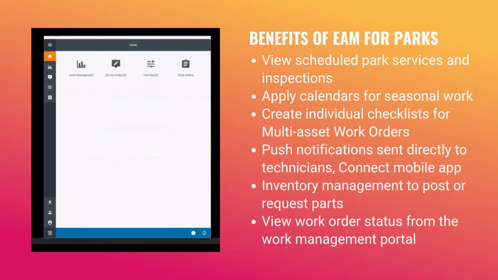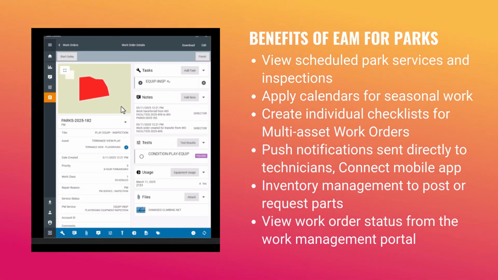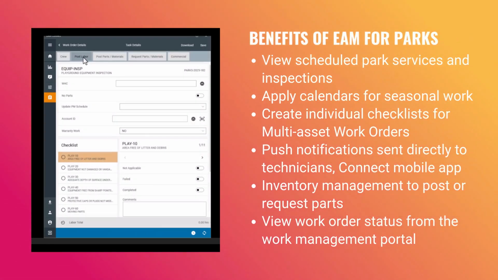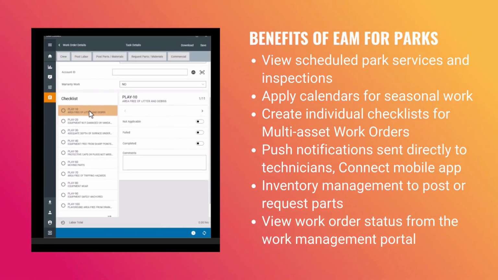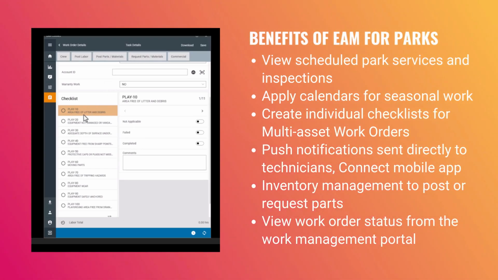In this example, the user was assigned a playground inspection. The checklist icon indicates there is an associated inspection checklist to be completed. Labor can be posted real-time or after the fact. Also, depending on permissions, a user may post or request parts using the fully integrated inventory management. Checklist items can be marked completed,